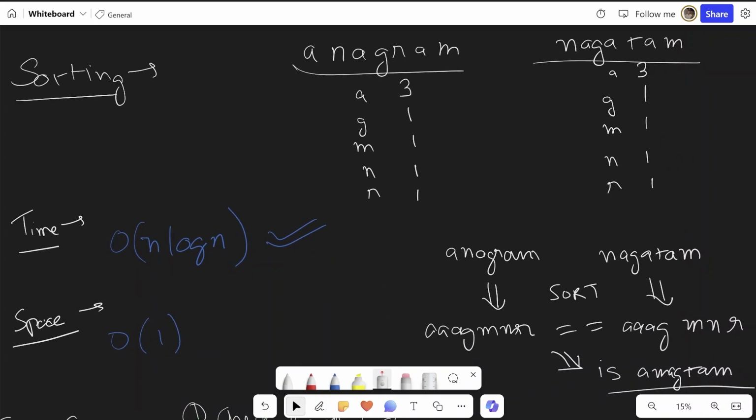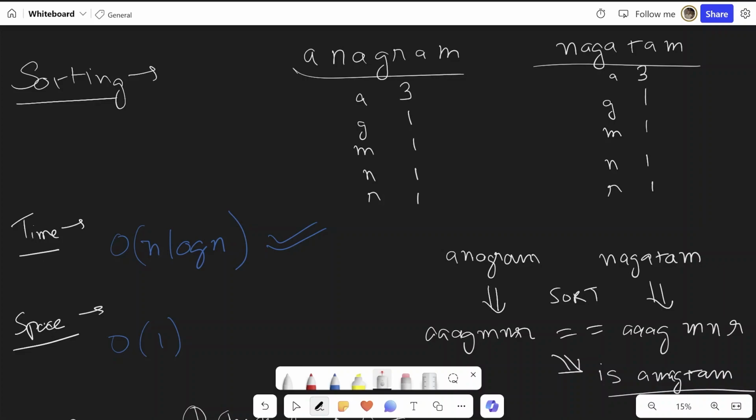For example, consider this case. We have two strings, "anagram" and "nagaram", and we sort both of these. The resultant string is AAAGMNR, and the same in this case, AAAGMNR. We now compare if both of these are equal or not. Yes, they are equal, which means the original strings are anagrams of each other.